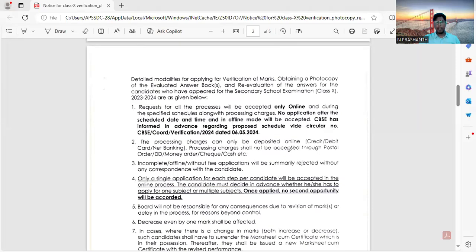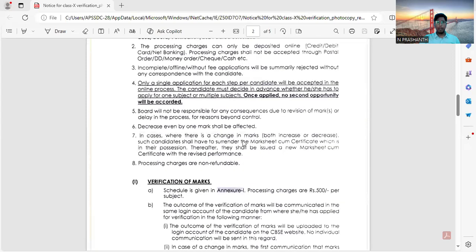So from where should I pay the fee? I'll show you the site from where to pay it, and I'll give the link in the description so that you can directly access it to pay your online fee. One thing you should remember before applying for this process: